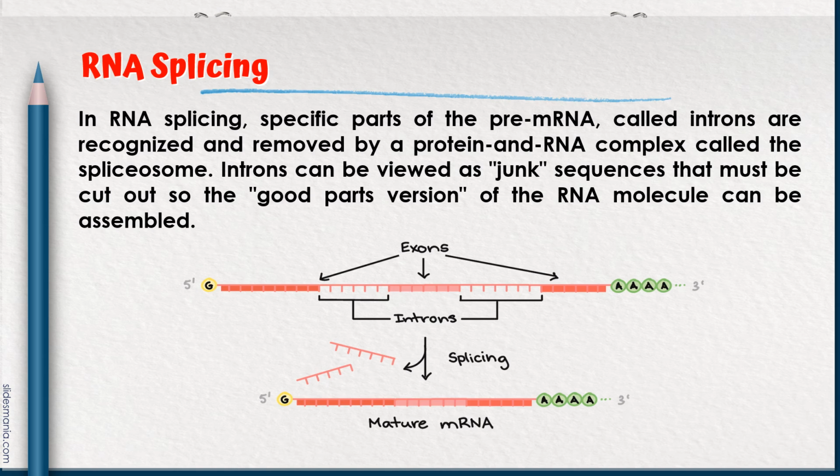Our key point here is that it's only the exons of a gene that encode a protein. Not only do the introns not carry information to build a protein, they actually have to be removed in order for the mRNA to encode a protein with the right sequence. If the spliceosome fails to remove an intron, an mRNA with extra junk in it will be made, and a wrong protein will get produced during translation.